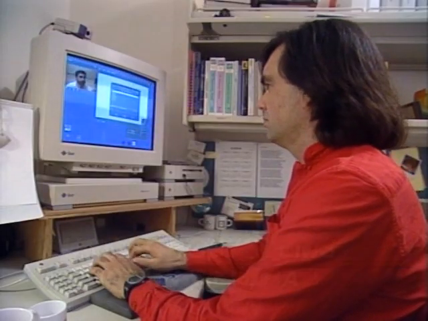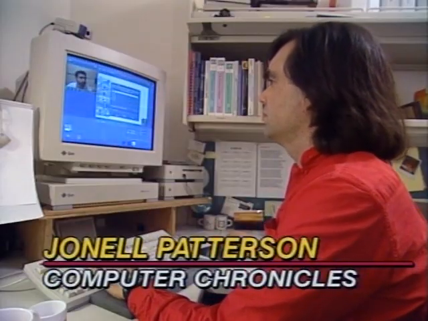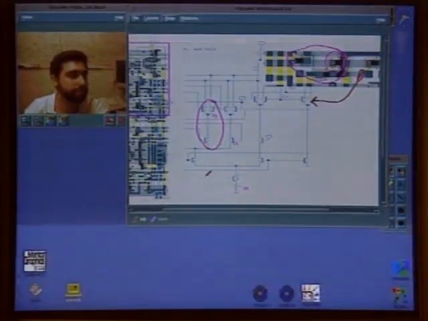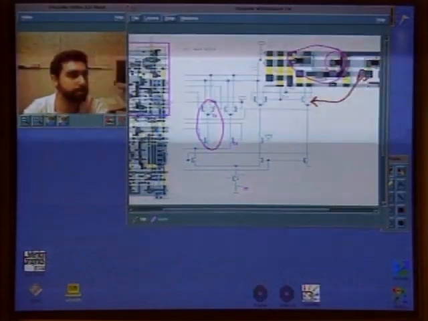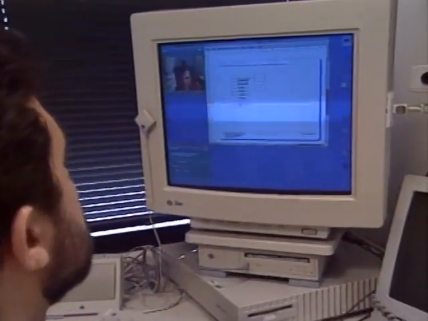All right, one approach to Groupware, one way to get people working together electronically is through a video conference. That used to be an expensive and complicated process, but video conferencing is now coming to your desktop PC. An engineer working on a design schematic needs to confer with a colleague at another location. Up until now, he'd have to fly or drive there for an in-person meeting or fax the document and confer over the telephone. But these engineers at Sun just activate the ShowMe video conferencing system for a face-to-face discussion right